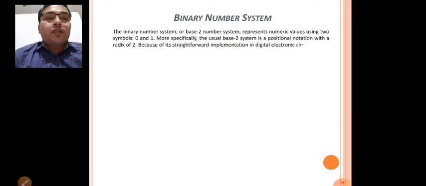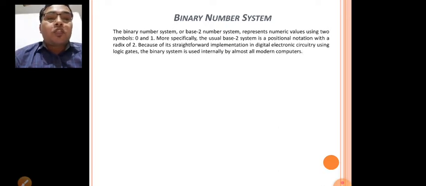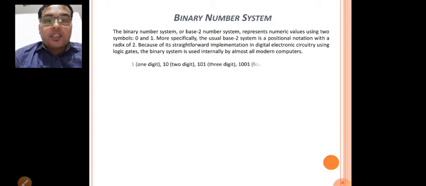More specifically, the usual base 2 system is a positional notation with a radix of 2. Because of its straightforward implementation in digital electronic circuitry using logic gates, the binary system is used internally by almost